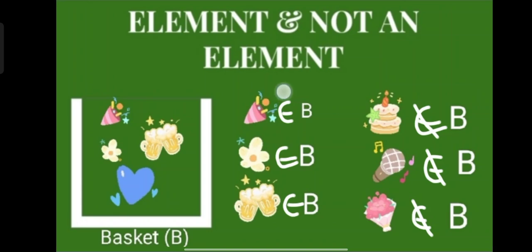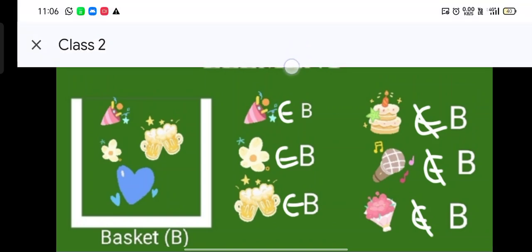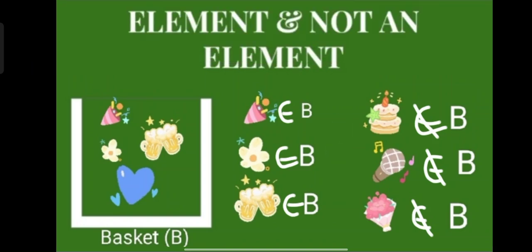If it is an element, we will denote it by this symbol. Okay, we will write a C and we'll denote it, and we'll write a hyphen in between. We are writing E, but the E should not be right-angled. E should be curved when written.